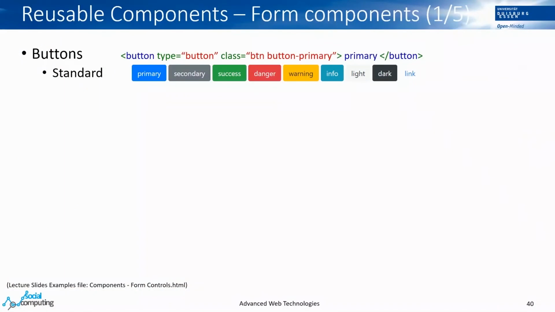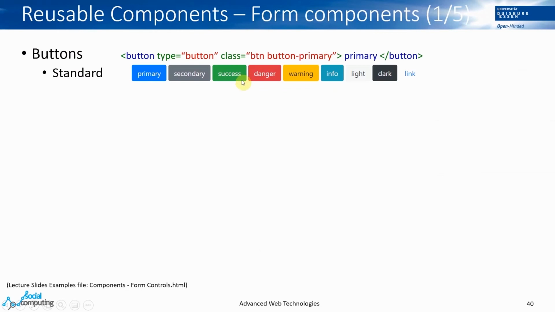So now moving on to different components. For example, for the form components, we have different components available. So we have some primary buttons available, which can be done, for example, with the button tag. And then, for example, here we can specify the class button dash primary, so it will become a primary button,